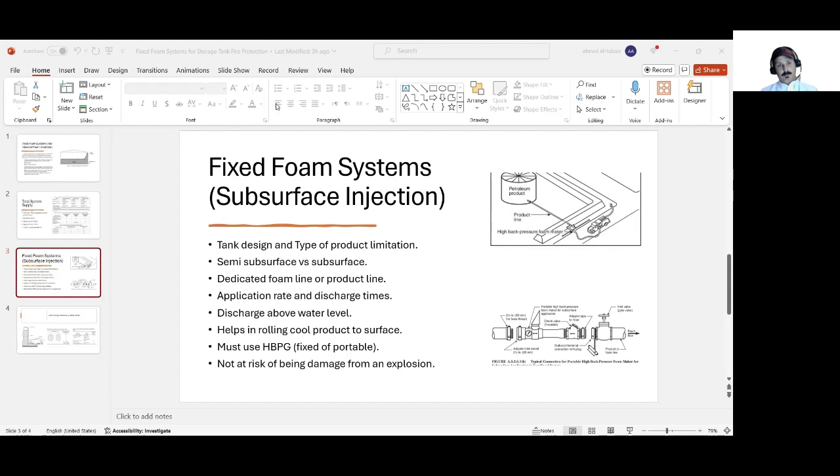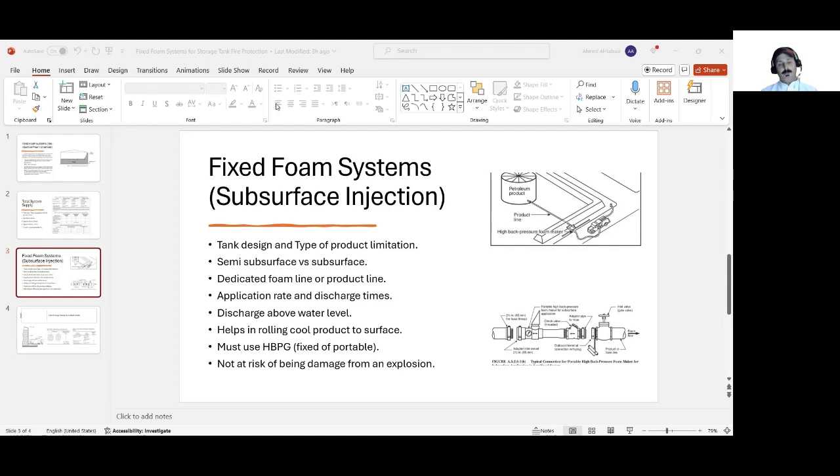As I said, it will also cause the destruction of the foam formation when the foam enters a tank that has hydrocarbon with high viscosity. Also, it's not advised and not recommended for tanks. It's not permitted actually for tanks that are storing